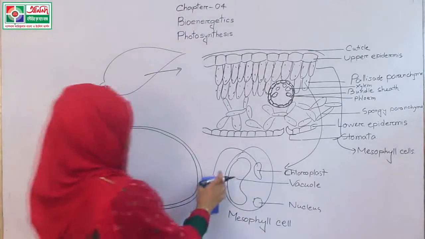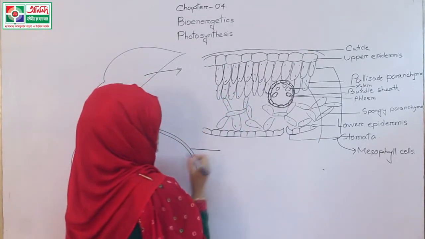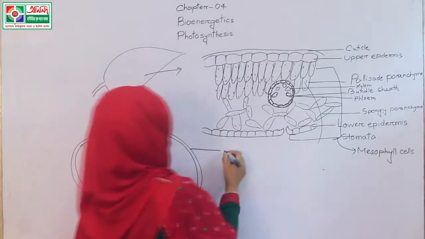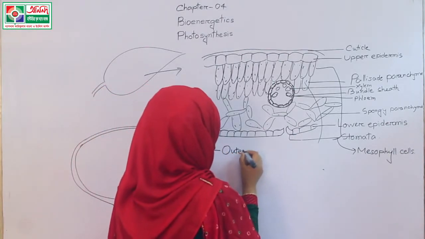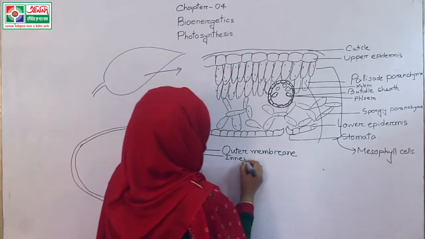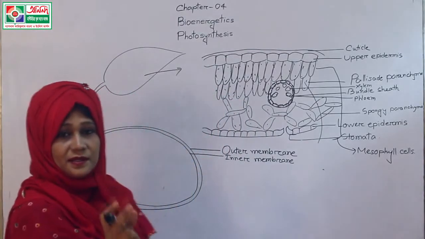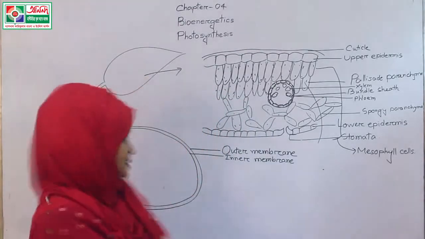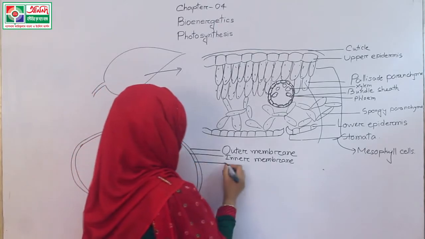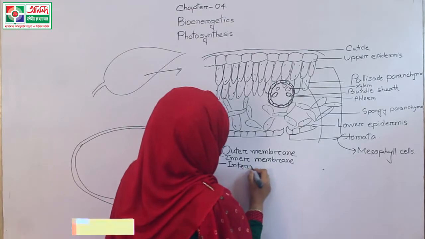Students, I am erasing this for labeling. This is what? Outer membrane, inner membrane, and the space between these two membranes is known as the intermembrane space,